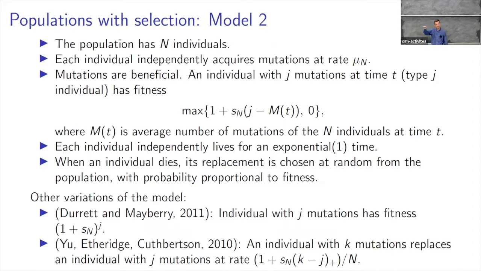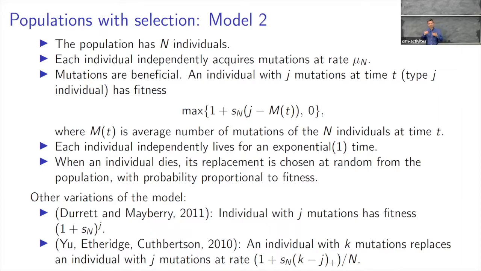So we get mutations at times of a rate mu sub n Poisson process. We assume that all mutations are beneficial. And we model that by saying that an individual that has J mutations at time t, which I'm going to refer to as a type J individual, has fitness 1 plus Sn times J minus M of t, where M of t is the average number of mutations